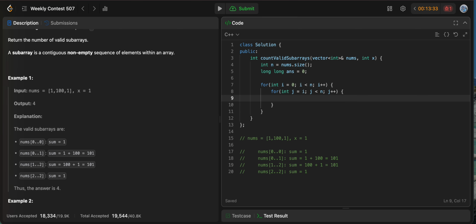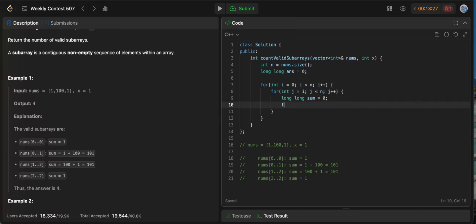Now take long sum equal to 0, and then one more int k equal to i, k going till j, k plus plus.